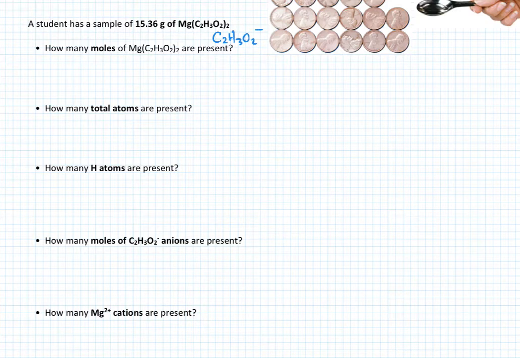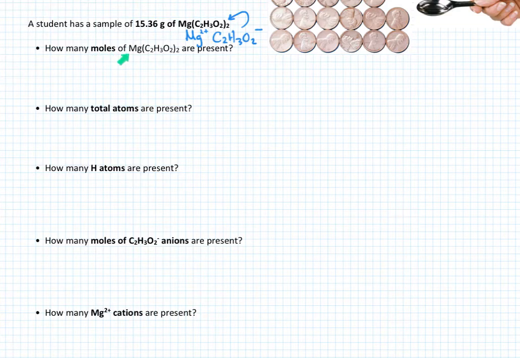And so using our rules for writing ionic compounds, magnesium is a 2+ ion, acetate's a -1 ion, so that's going to give us this formula right here. The 2+ is going to cross down and show up as a subscript for the acetate ion. So there's 2 acetate ions for every 1 magnesium ion in the balanced equation. So we have a sample, 15.36 grams of it, and now we got a couple of questions we want to